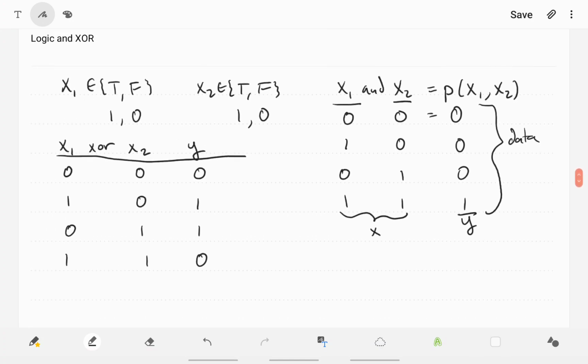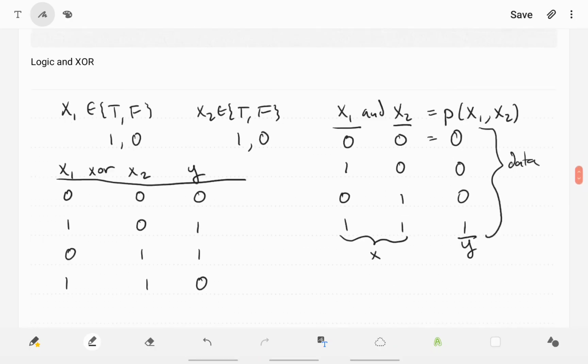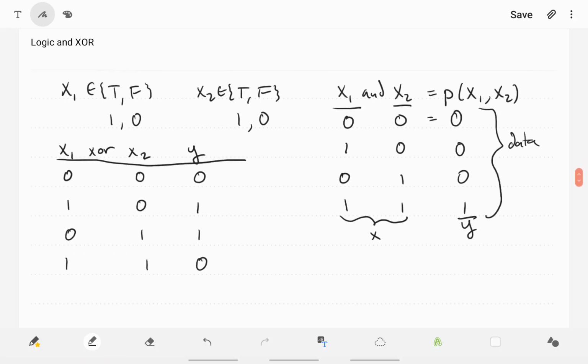Right? So suppose you're confronted with this data, right? The XOR function. And so because you're confronted with this data, you are now tasked with